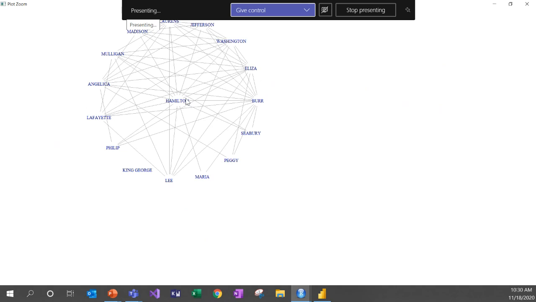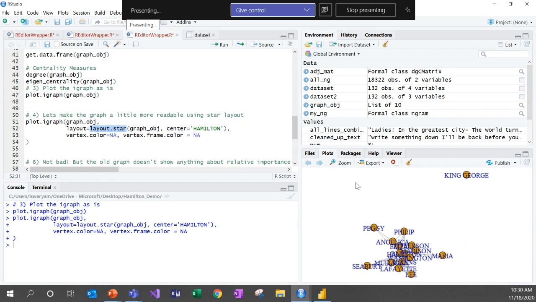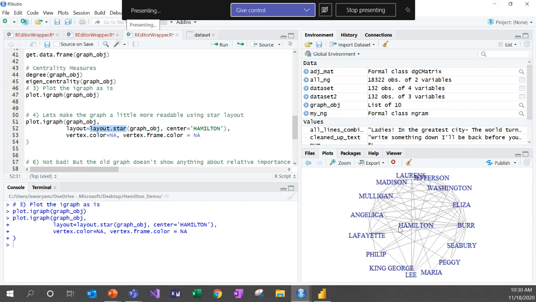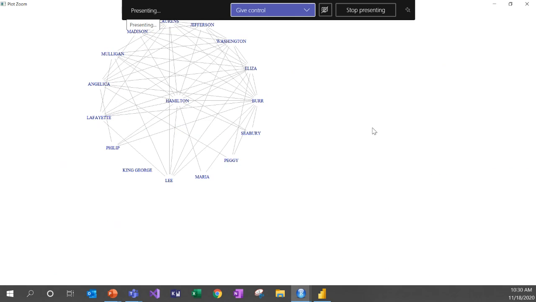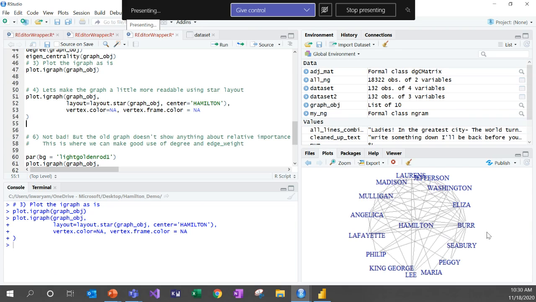This does look better than the first graph. Back to the first graph. This is what it looked like, and this is what it looks like now with the star layout. So remember, I'm just using the layout equals layout.star. Not bad, but this graph doesn't show us anything about the relative importance of characters or even the relative relationship